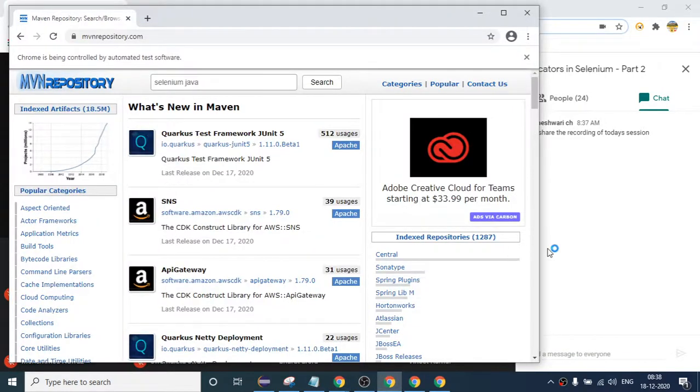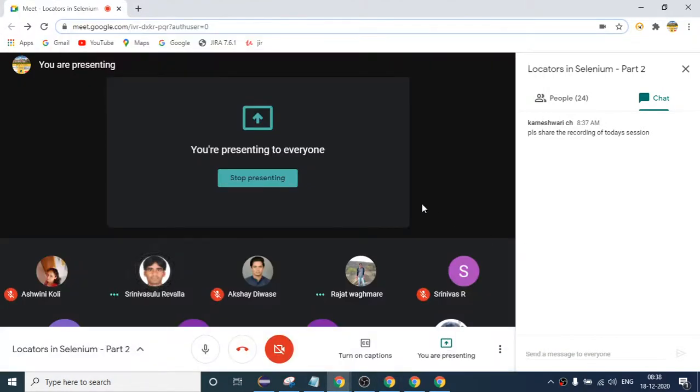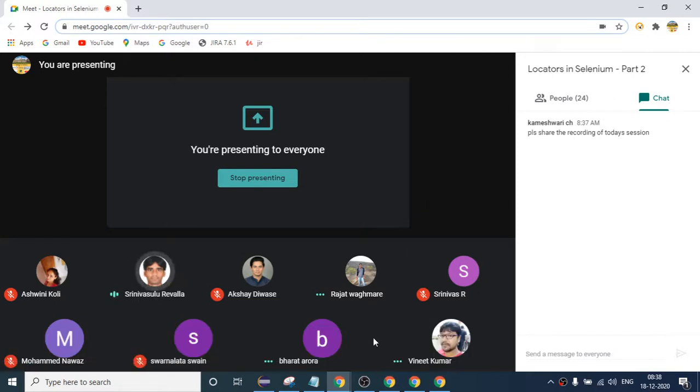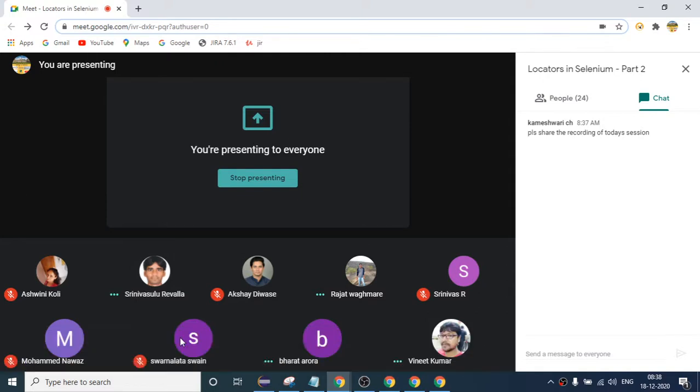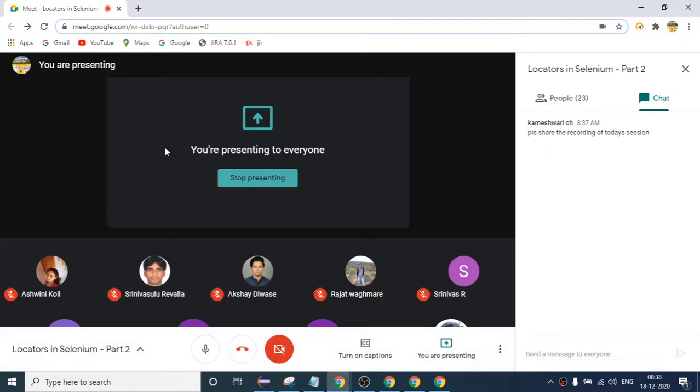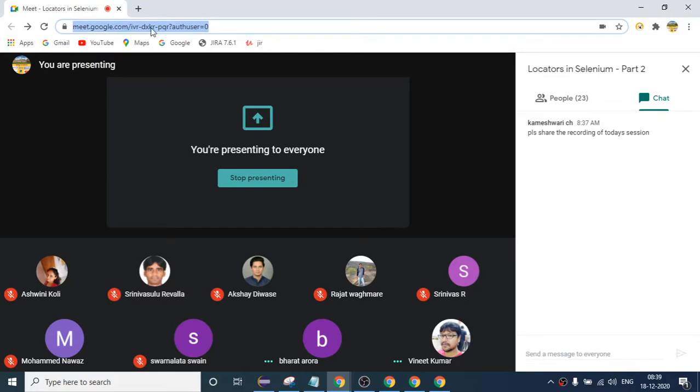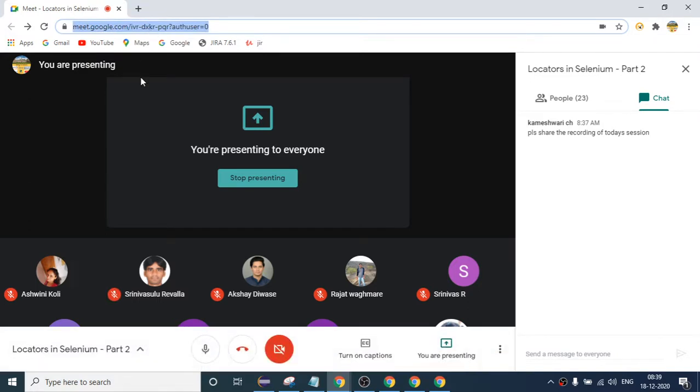We can also ask developers to add the ID, right? I think we testers cannot give any advice to the developer, so it's their part. We should be able to write our own XPath and CSS, whatever the locator they write. I don't think that you can tell them to provide the ID. This is their part, we cannot do much on that. But you can definitely write XPath and CSS, so there is not an issue for us.